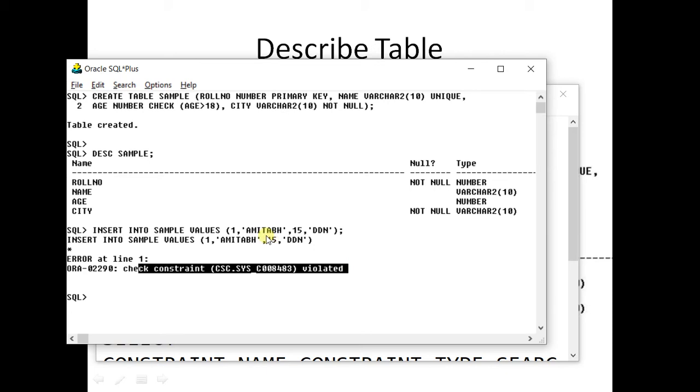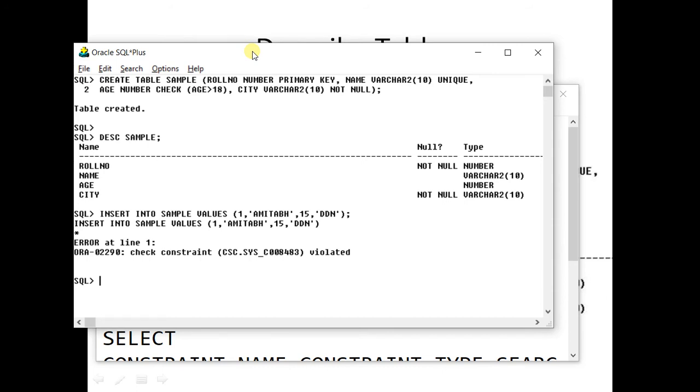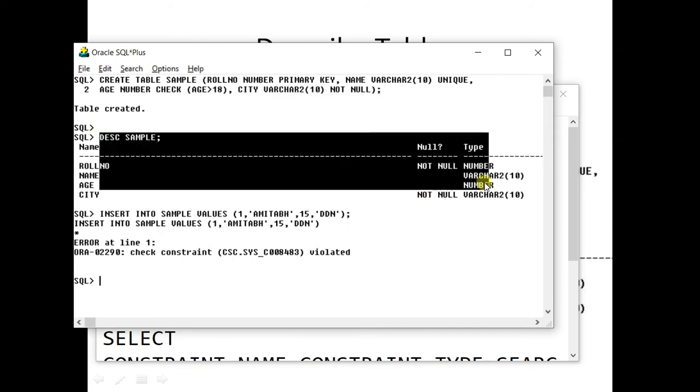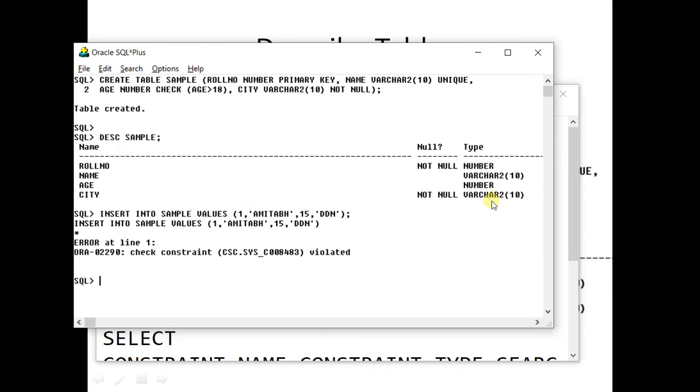It is not allowing you to enter 15 because we have applied this check on this table. You must create this table on your laptop. Before moving ahead, pause the video, create the same table, and check all the 4 constraints. You will see all of them are working, but they are not displayed on the screen.